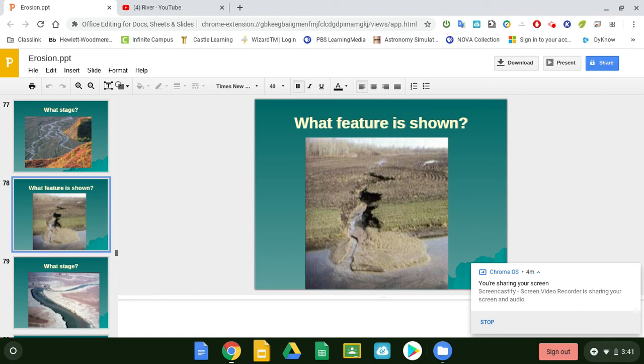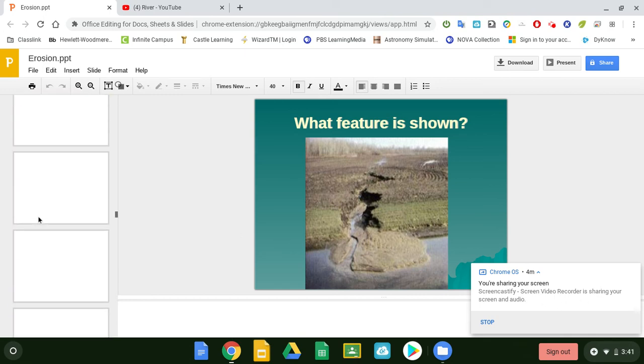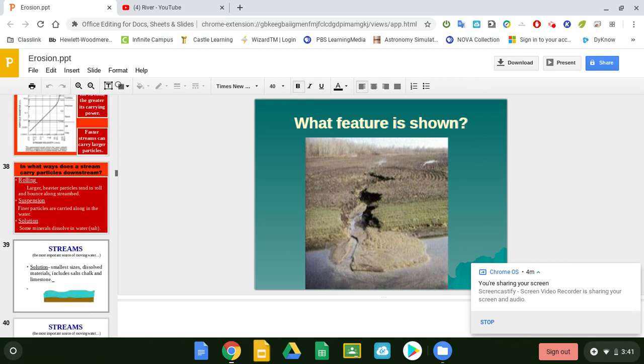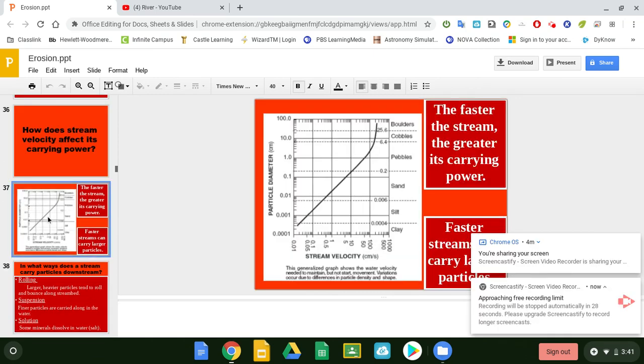So just like what we did with the chart before, let me go back to that chart real quick. So this chart that we were going over before, right here, all right. So the faster the water goes, the larger the particle it carries. But if it's going really fast and then slows down, it's not going to be able to carry those particles anymore. And that brings us from erosion to deposition. All right. So at that delta that I was just showing you, you have the river slowing down and deposition